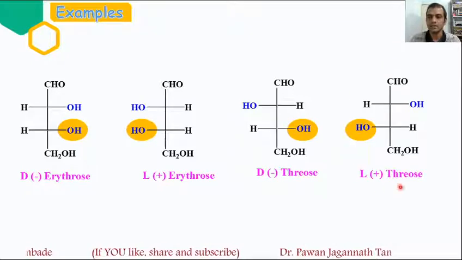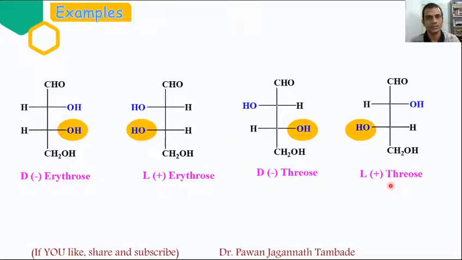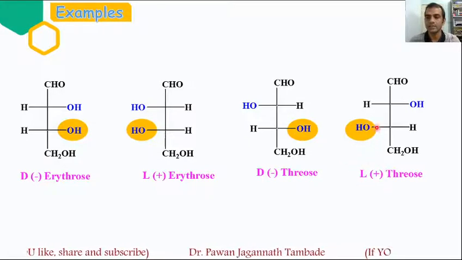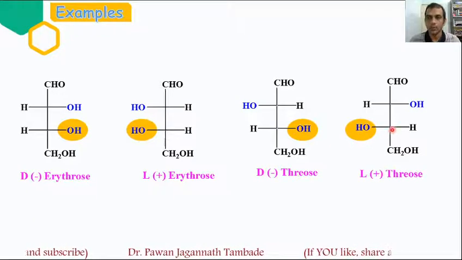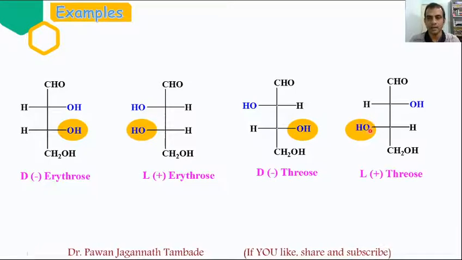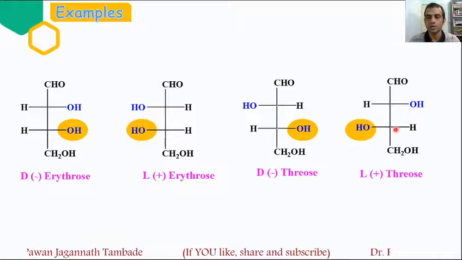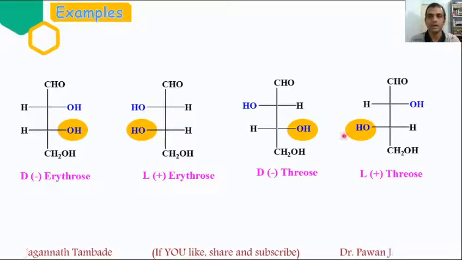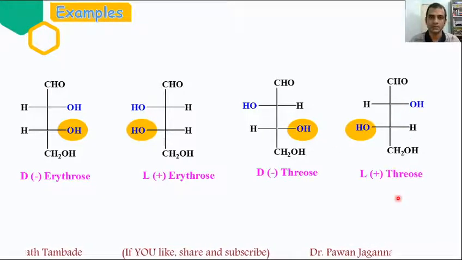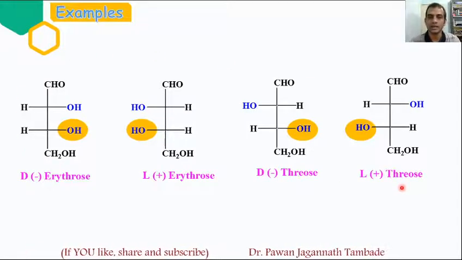The same way, if you look at this last example, it is L-threose. It got the L designation because of the position of this OH group. This OH group on the bottom carbon atom is present on the left hand side, and thus it is L. And threose because these two groups on adjacent chiral carbon atoms are opposite to each other. I guess from this slide you got the concept of D and L and erythrose and threose as well.